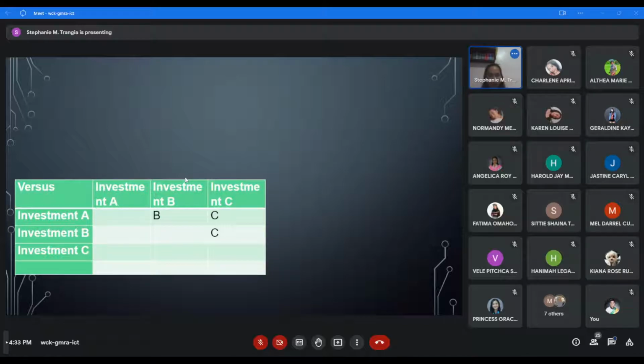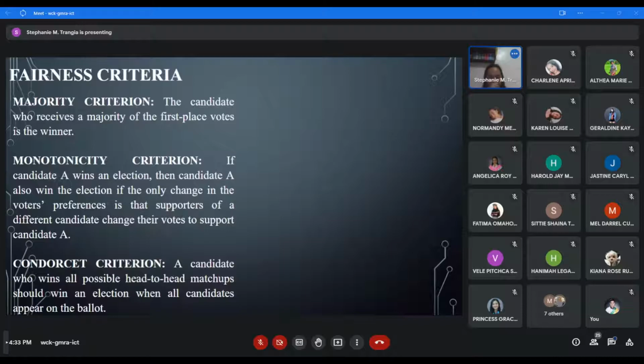Now, we have here the fairness criteria. The majority criterion: the candidate who receives a majority of the first place votes is the winner. The monotonicity criterion says if candidate A wins an election, then candidate A also wins if the only change in the voters' preferences is that supporters of a different candidate change their votes to support candidate A. Condorcet criterion: a candidate who wins all possible head-to-head match-ups should win an election when all candidates